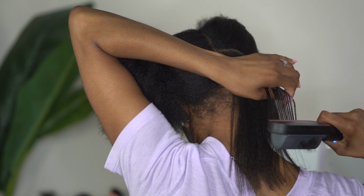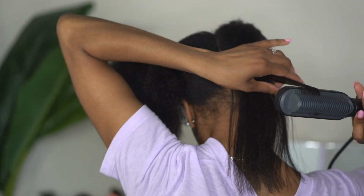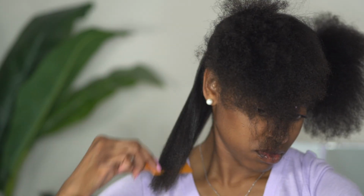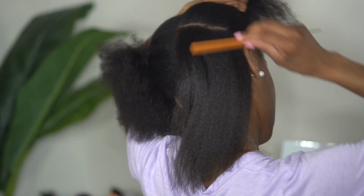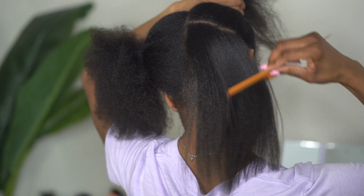I also noticed that due to the structure of the straightening brush, you pretty much have to go over the ends at least one more time just to make sure that you are getting those fuzzies at the end. I did previously trim my hair on blown out hair probably like a week or so before